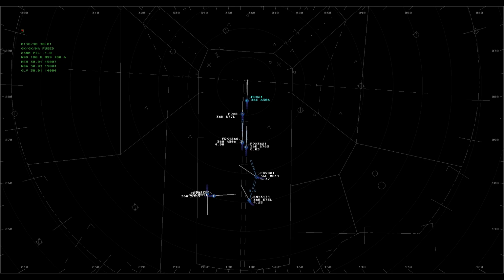FedEx 1201 Heavy, turn left heading 030, join 36 left, localizer. 030, join 36 left, FedEx 1201 Heavy. FedEx 82 Heavy, turn left heading 090. 090,